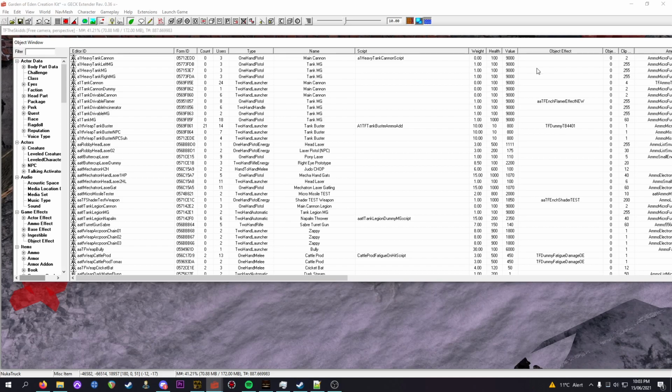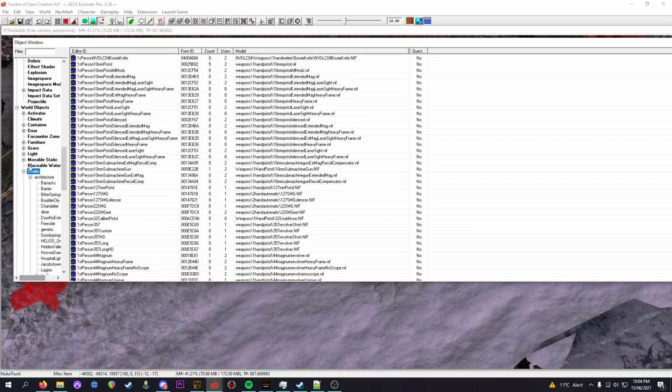There are a lot of different tabs and sections here. But if you're just getting started, the main things you're going to want to check out are what we call world objects. Now, world objects are just things that we place into the world, and they're typically things we don't interact with, a notable exception, of course, being a few of the things up the top. So we're going to look at statics first, because as I've said already, statics are just objects that don't move